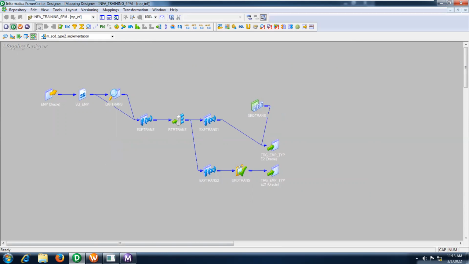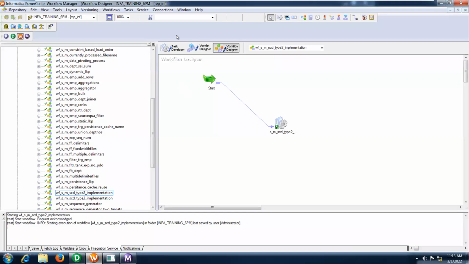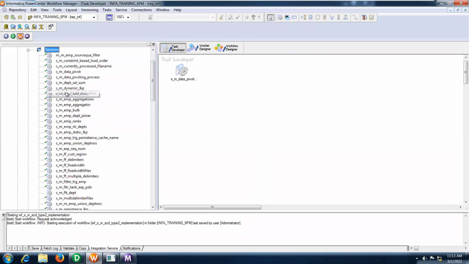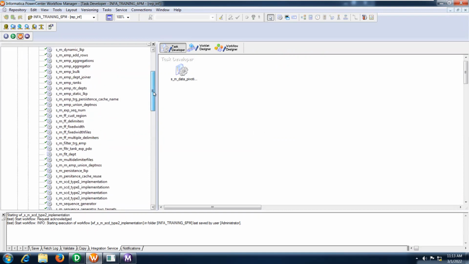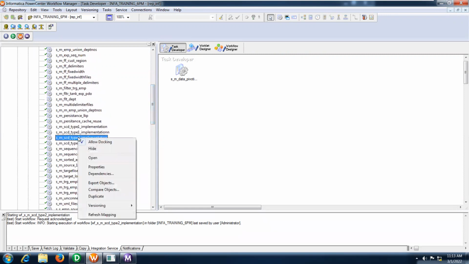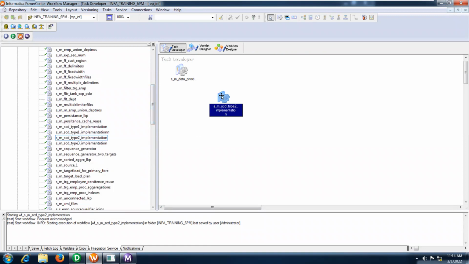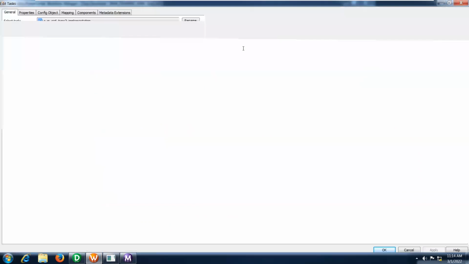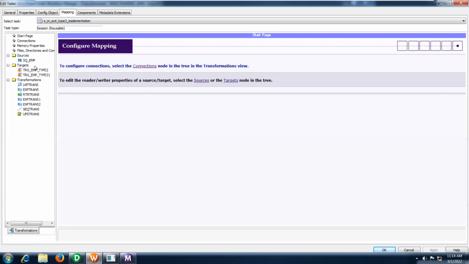Now I already created the session also here. Let me show you that one. I have one session for this particular SCD type 2 mapping. Let me show you. This is SCD type 2, open. And you can give the connection information as well.